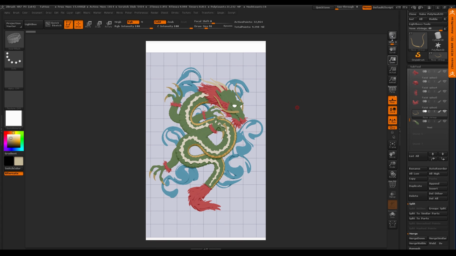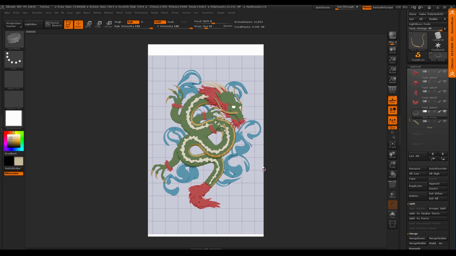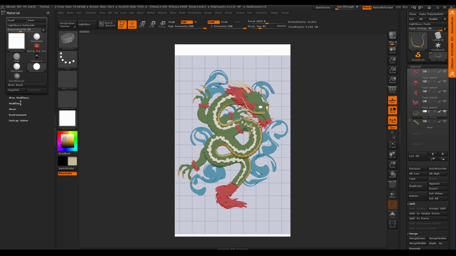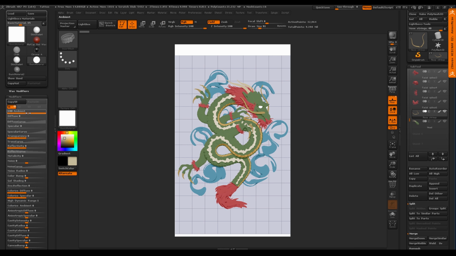He has a basic material that I customized. In the modifiers for the materials, I just turned the ambient completely up, and you see my diffuse and spec are off. There's a reason for that, because of something in the filters I'm using to get that line art.